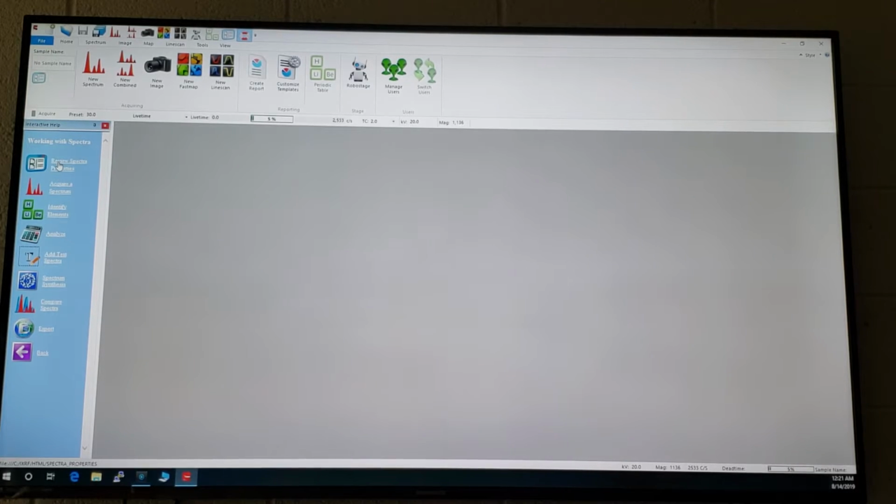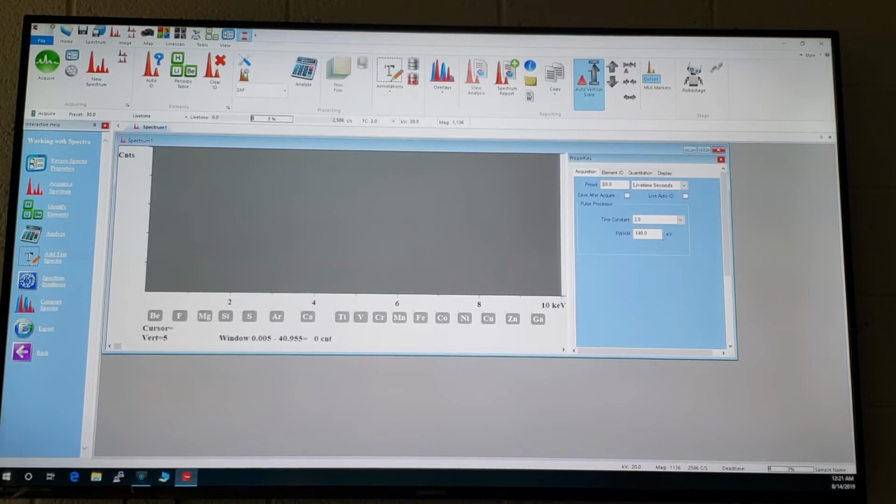I don't care about the Spectra properties, but in this window is where I would change the preset to be 30 seconds or 100 seconds or whatever you want it to be, 30 for instance, and it's a global setting. So as soon as I change that preset,